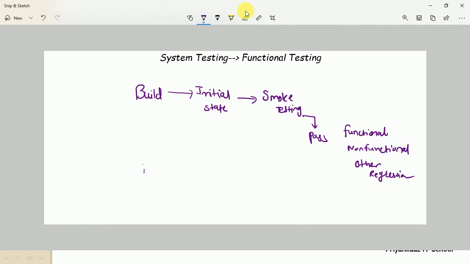Whenever the same build is received with some kind of minor changes, we can go for sanity testing, because sanity testing is not similar to complete regression testing. What is regression testing? Regression testing is a process where we check the side effects of fixing. Whenever any changes occur in a software application, we can go for regression testing. But in regression testing, we need to test the whole application in depth. What happens in sanity level testing? Only the change-related part we test in depth. That is the basic difference.